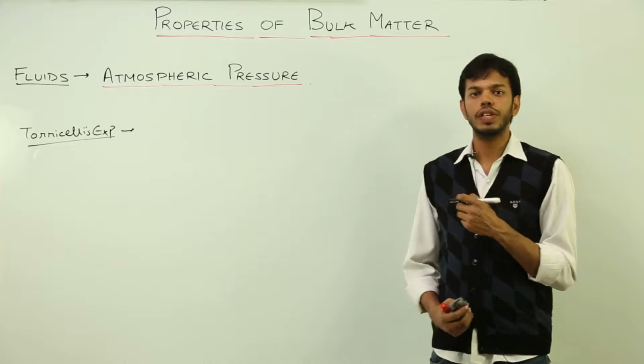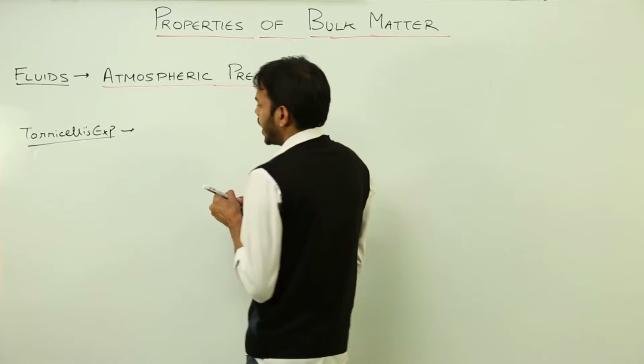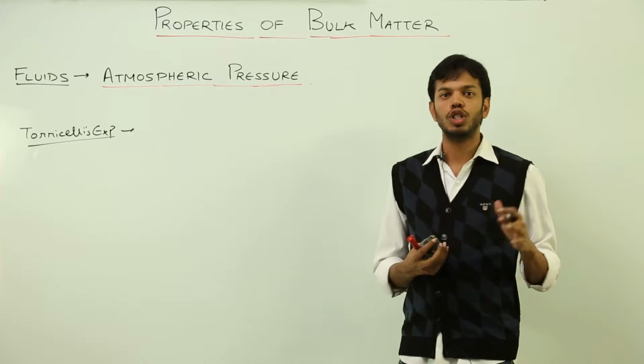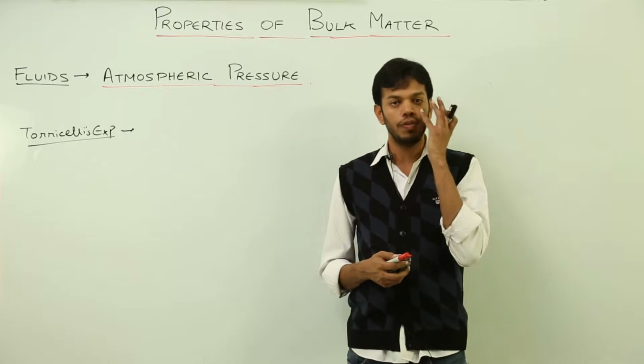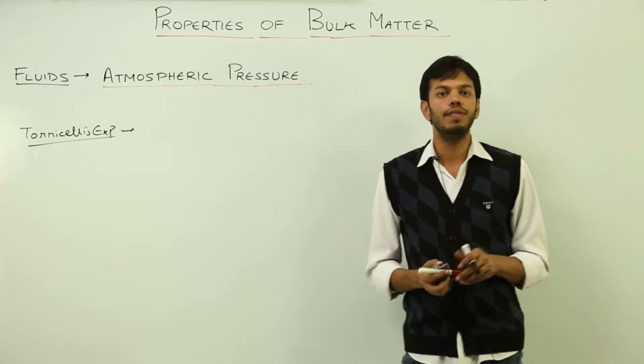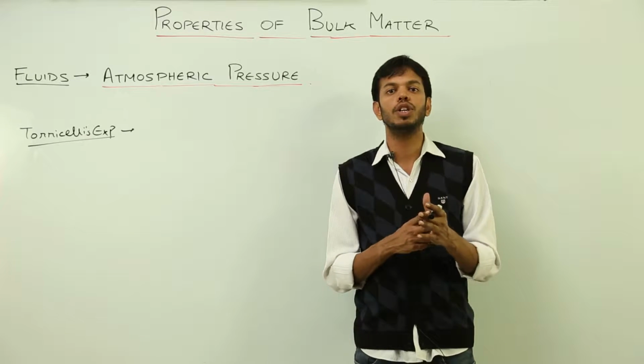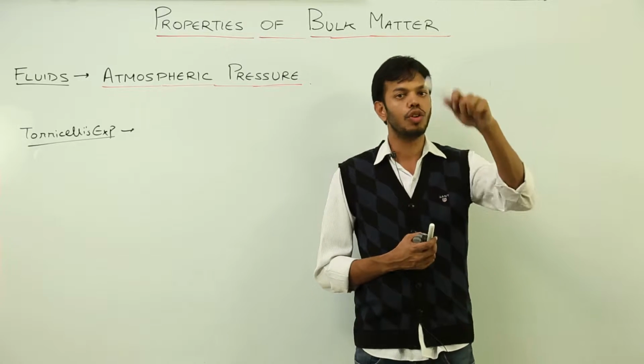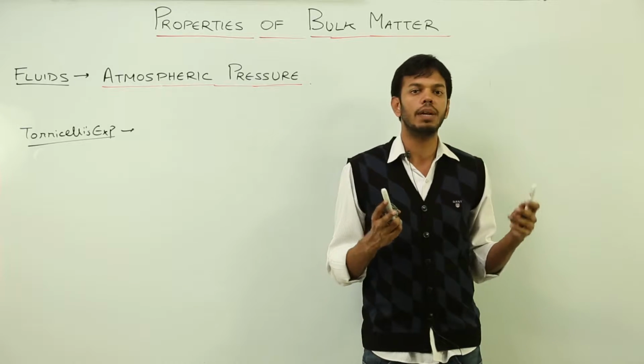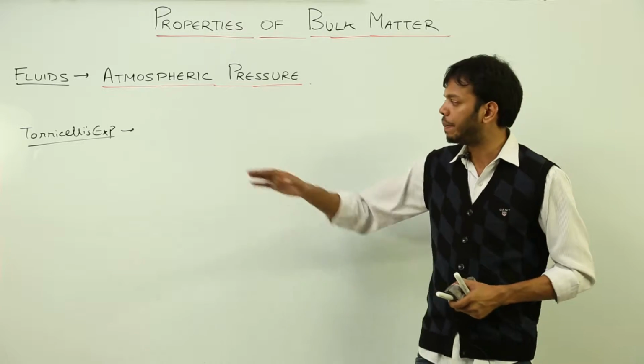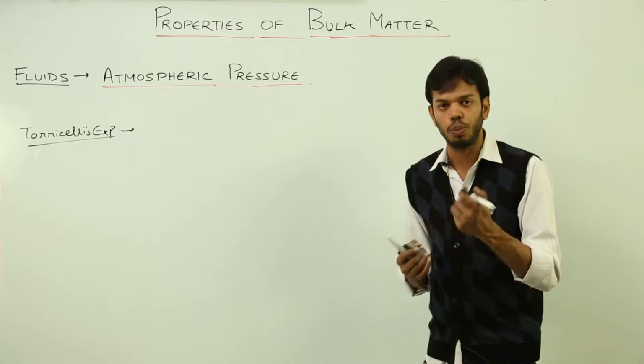So we'll take the gist of it, again the Torricellian experiment. A beaker containing mercury was taken, in which an inverted tube filled with mercury was placed, and then we saw that only 76 centimeters of mercury was held by, either you can call it the Torricellian vacuum, or it was held by the atmospheric pressure which was applicable on the other part of the fluid which was open, right?